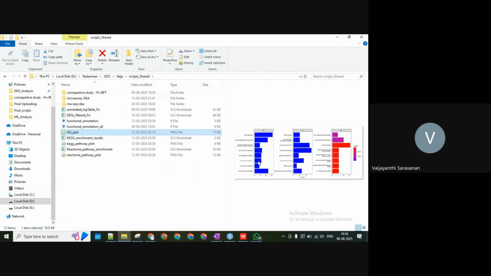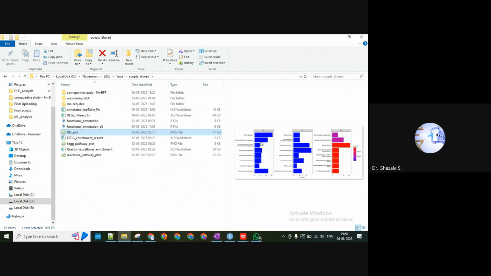This is for the specific RNA-seq and microarray data. Yes. But I don't want it for the microarray data or the RNA-seq data. I want it for the 24 DEGs. For that, we need to create the gene ontology.